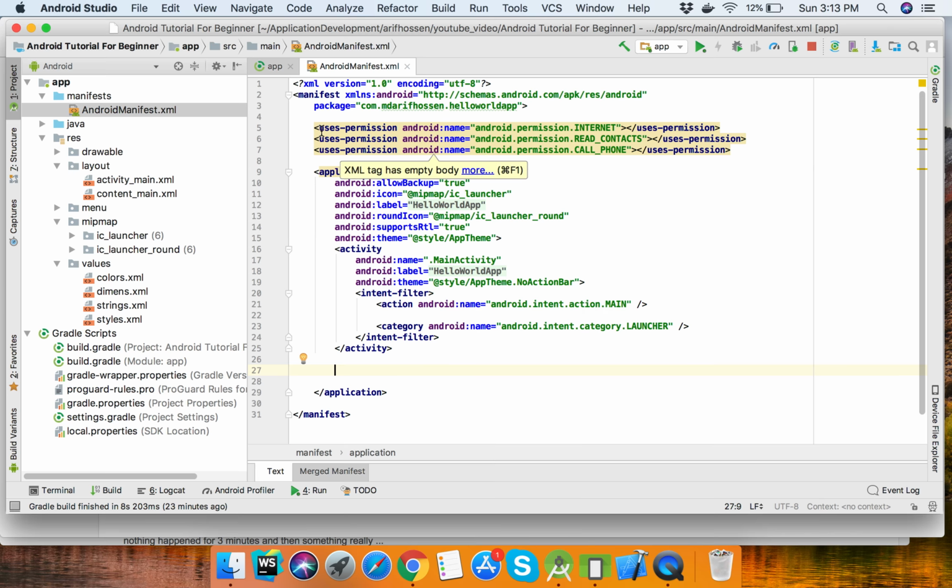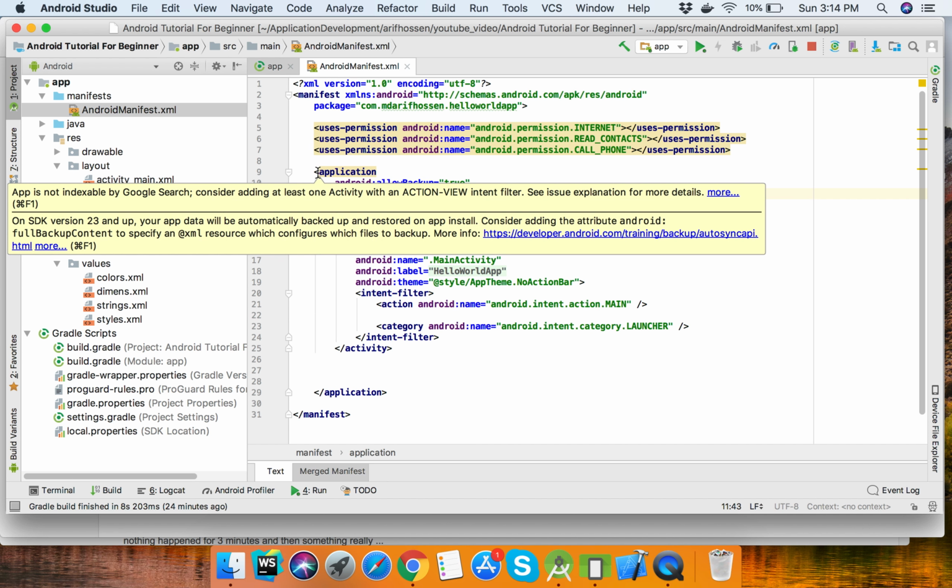If any kind of permission is needed in our app, then we can set the permission in the manifest file, such as internet permission, read contacts from the mobile phone, and here is another one, phone call from the app. And in the manifest is the application tag,